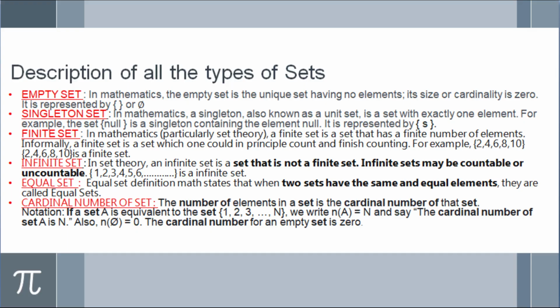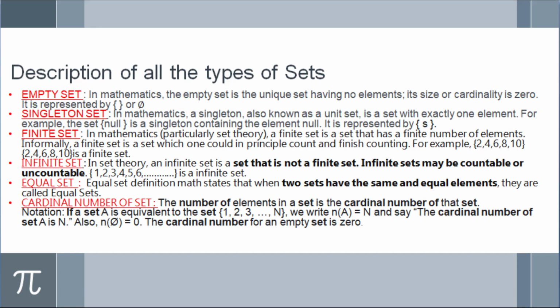So the first set that we will discuss is the finite set. If the number of elements is finite, then the cardinal number is also finite and the set is also finite. So you can understand from my statement that if the number of elements is finite, then its cardinal number will be finite and the set will also be finite. Let us take the example of all the days of a week. So you know there are 7 days in a week.